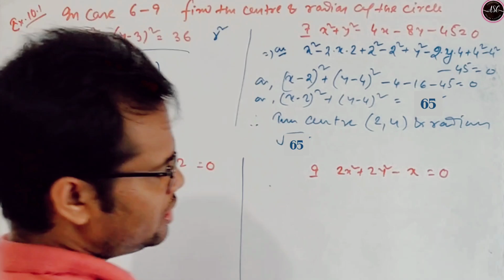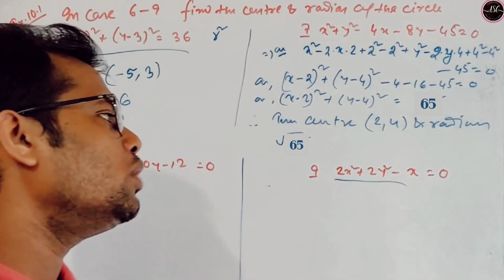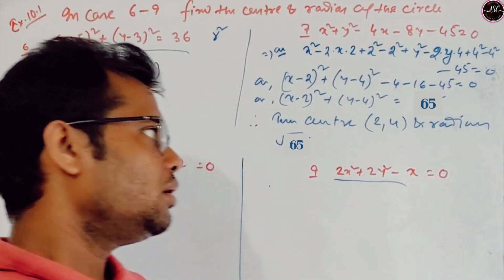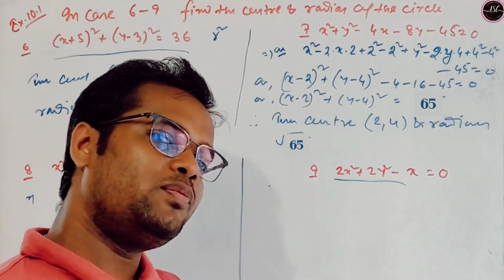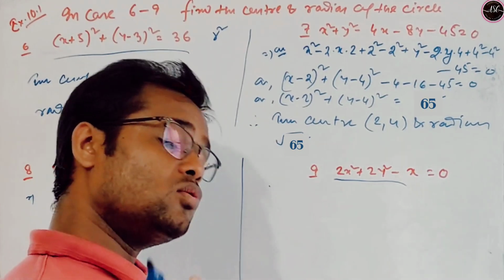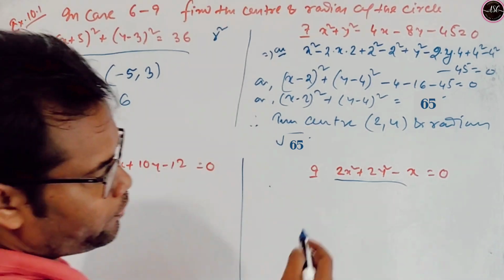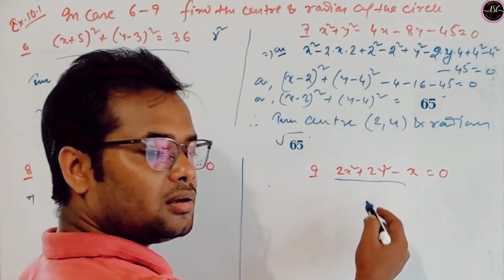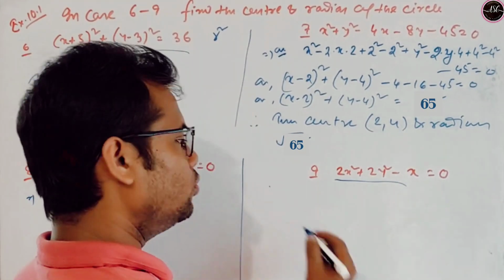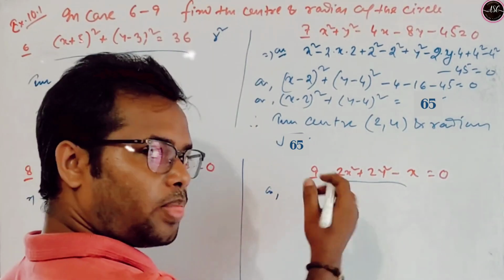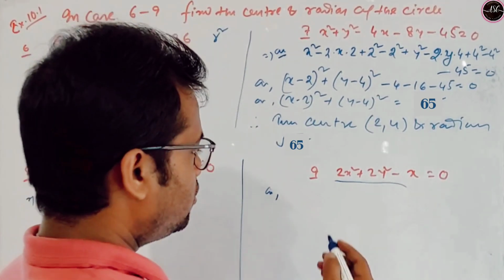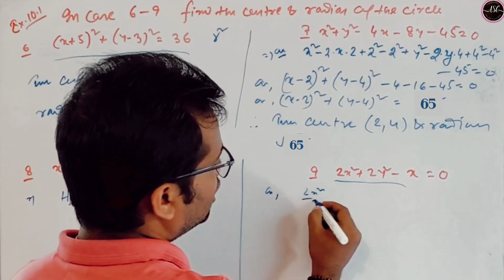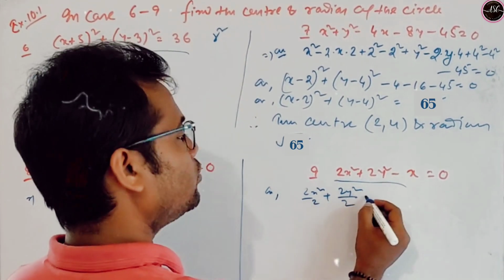Then look here, this is the form 2x² + 2y² - x. Here the coefficient of x² is 2, but in the general form of the equation the coefficient is 1. So we should divide all of the terms by 2 first, to convert this coefficient to 1. So 2x² divided by 2 plus 2y² divided by 2 minus x by 2